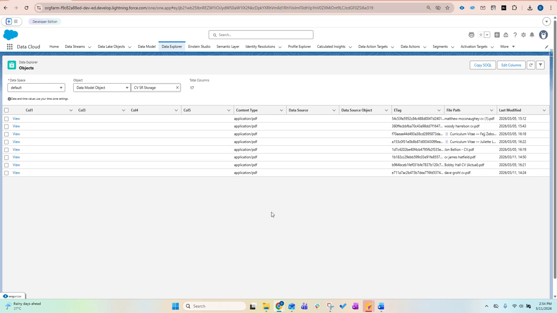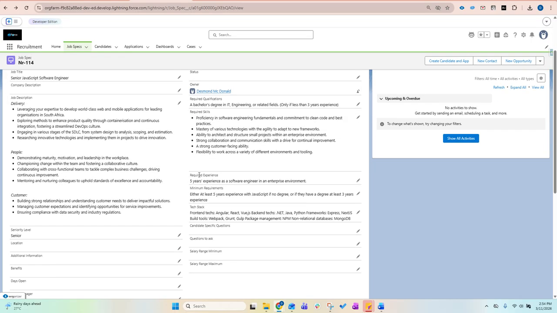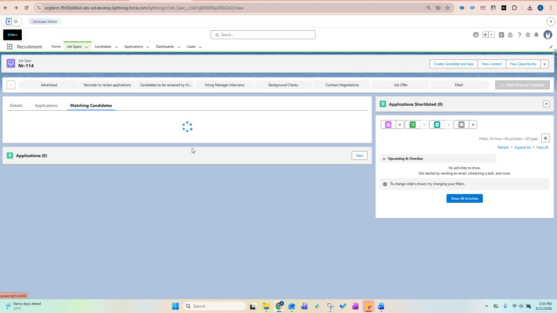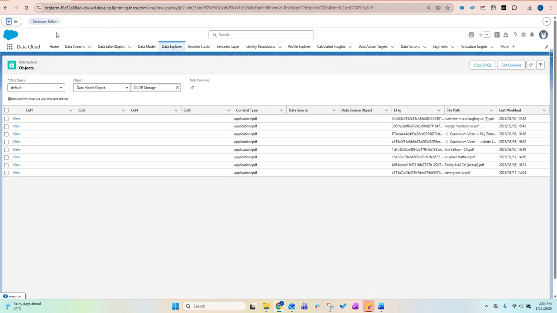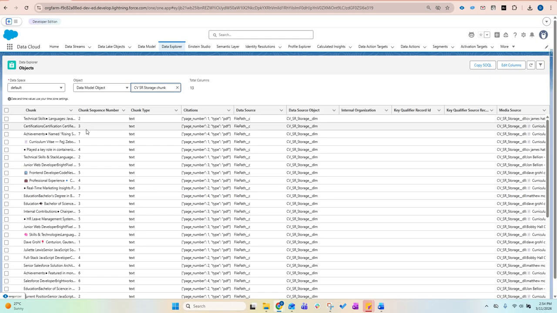Data Cloud? There could be a lot of reasons, but for this use case, I've got a job spec. As a recruiter, I'm looking now for a senior JavaScript software engineer. I've got a description, required qualifications, required skills, required experience, minimum requirements, and the tech stack. So what it's doing now, I've got a prompt, and on the prompt, I've got a retriever that looks inside the chunks of the data model